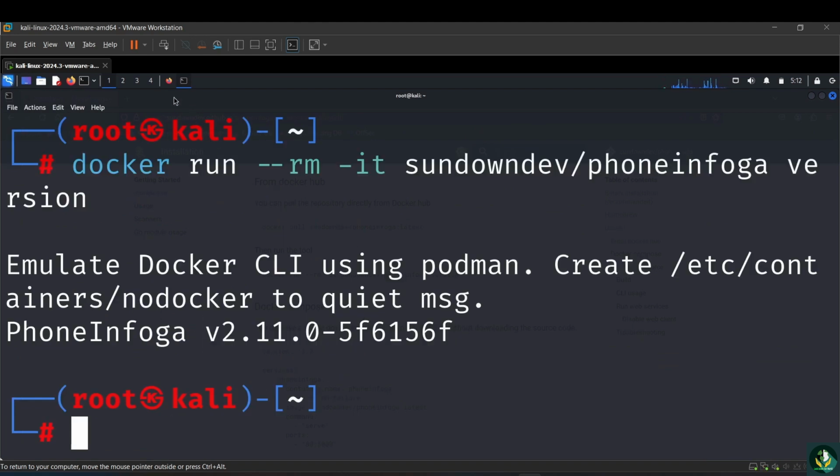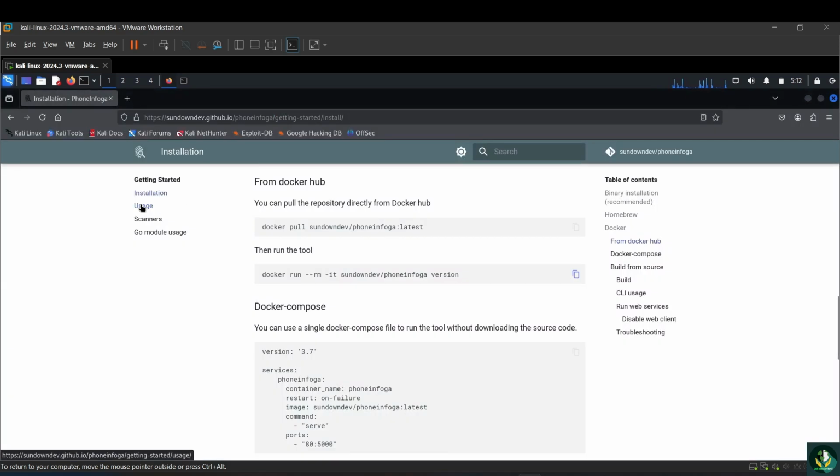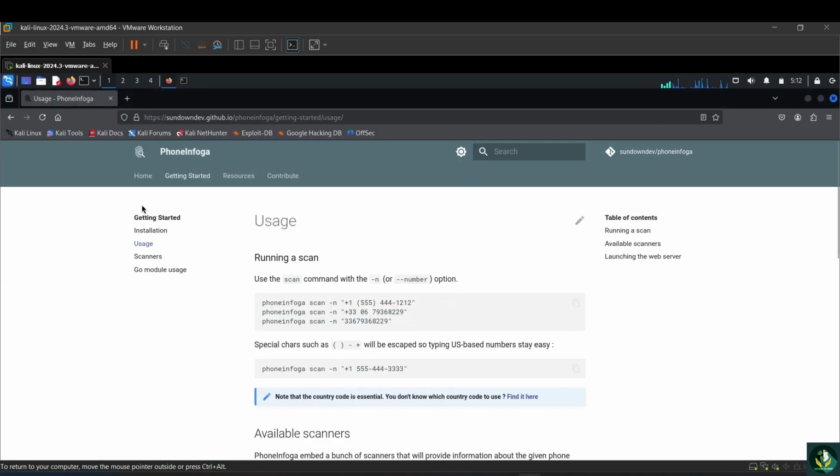Now let's see how we can use this tool. So now just click here, usage, and how we can run a scan on any phone number. Alright, so you can see the format for running a scan. You have to use the option scan, then -n, and then you have to specify the phone number in this format, or you can specify in this format or this basic format.